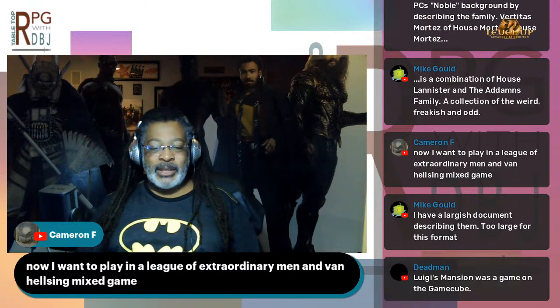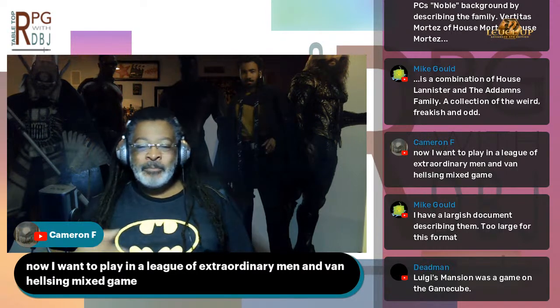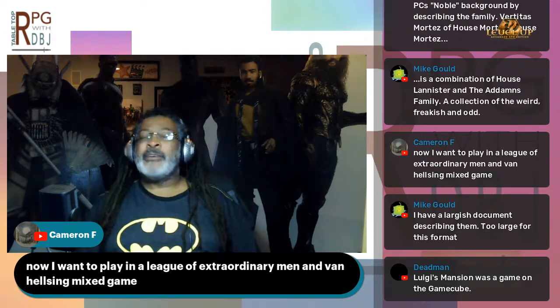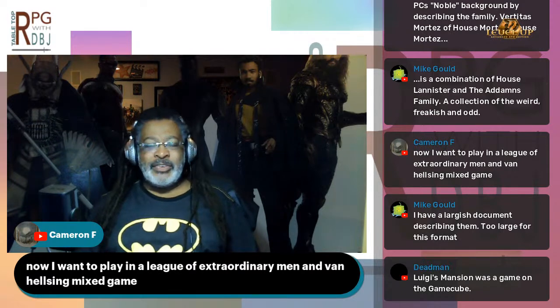Cameron says, now I want to play in a League of Extraordinary Gentlemen and Van Helsing mixed game. Yeah, yeah. The League of Extraordinary Gentlemen where they're going after... Absolutely. Those characters would be easy to make. You know, Invisible Man drinking potions and turning invisible and whatnot. And